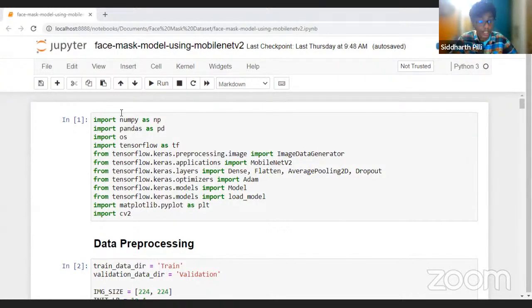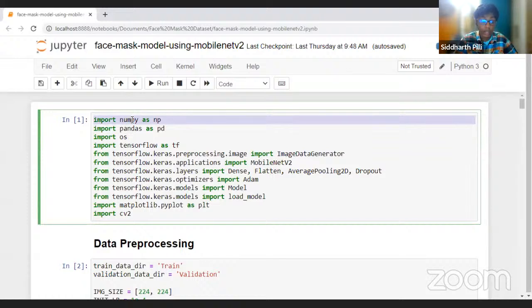So first things first, let's import all the necessary libraries. Now remember guys, training a MobileNet v2 with data is going to take at least 2 hours, so I'm not going to show you the actual training part, but I'll help you understand what we're doing here. So first things first, we are importing NumPy. NumPy is basically a Python package which can be used for performing array operations. So that's the first thing.